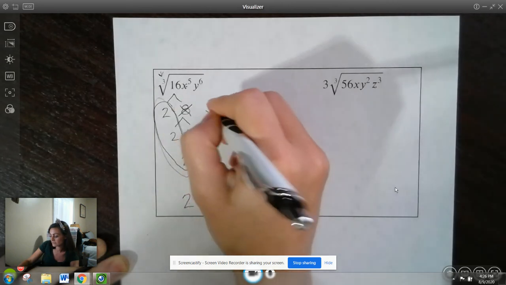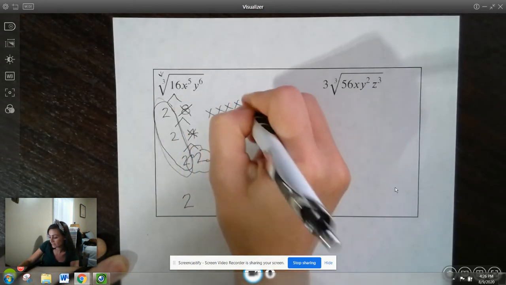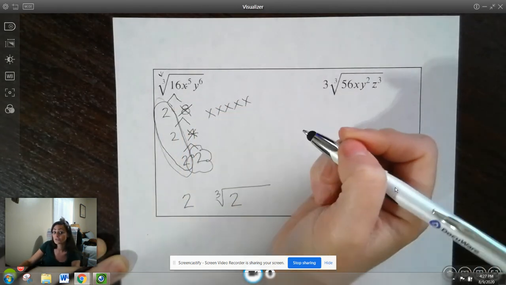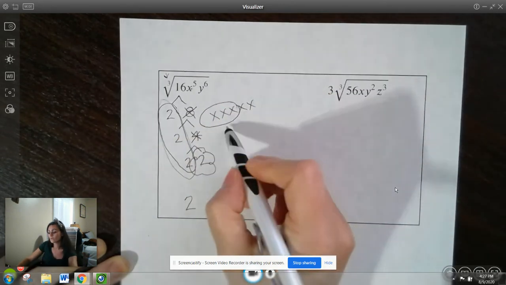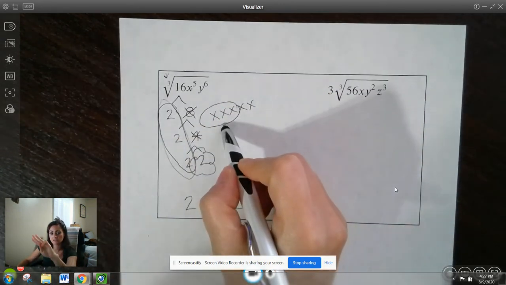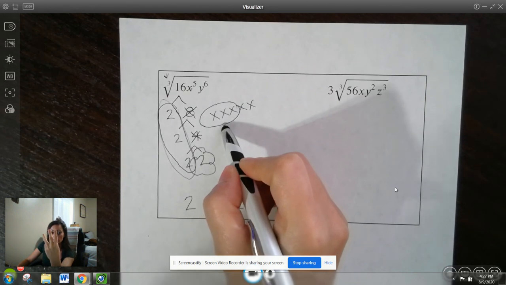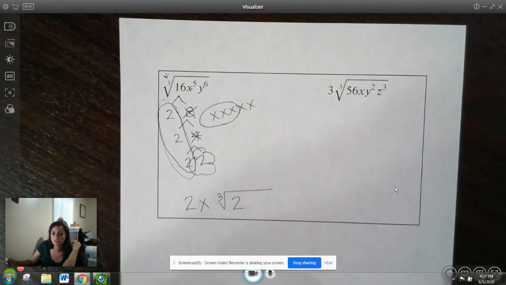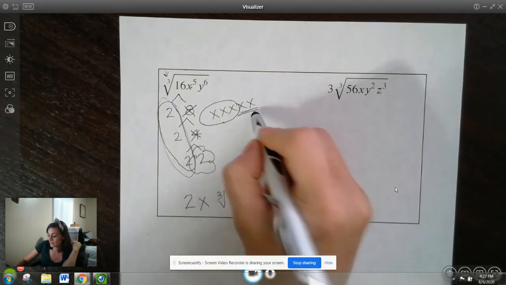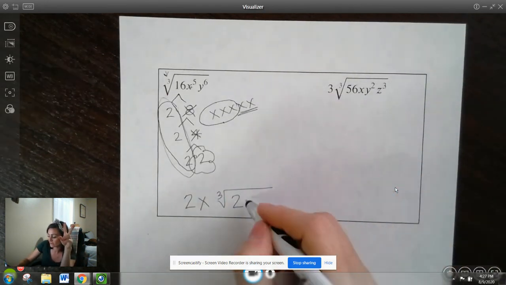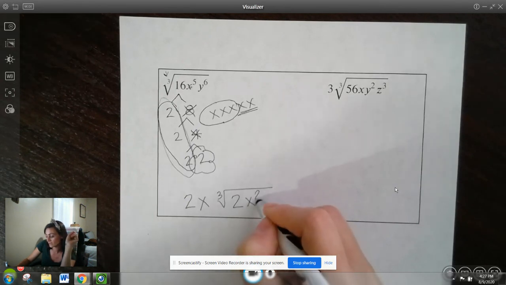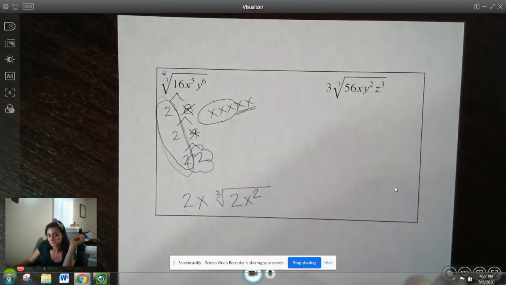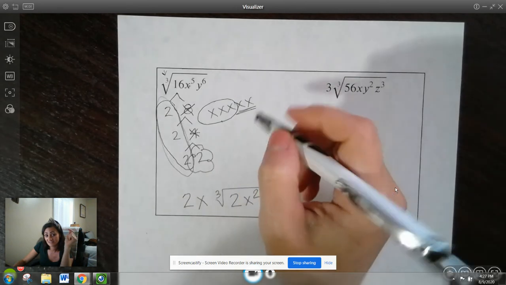Now I've got x to the 5th, and I'm looking for groups of 3, not groups of 2. So I have 1 triple of x's, so this represents x cubed. The cube root of x cubed is x, so that's going to go outside. Now I have 2 that are left over that have not completed that triplet, so x squared has to go inside. Y to the 6th,